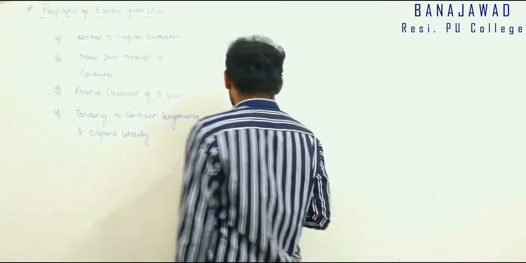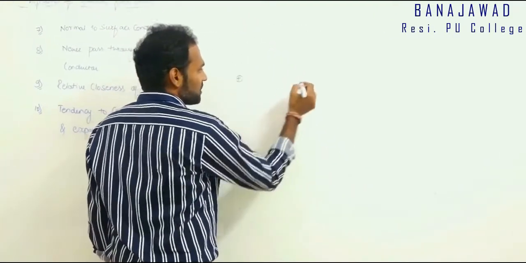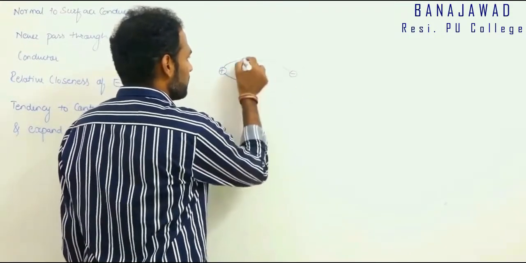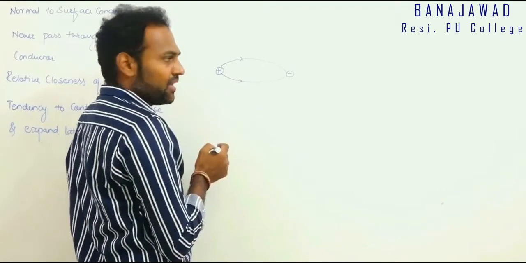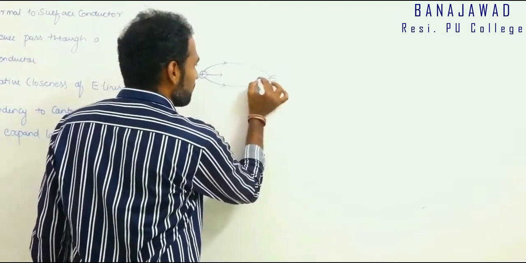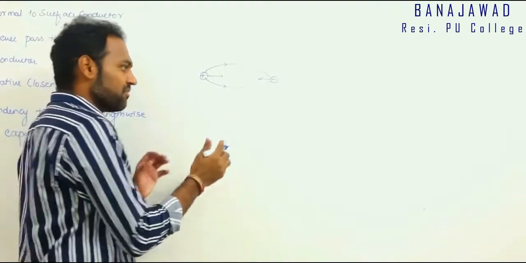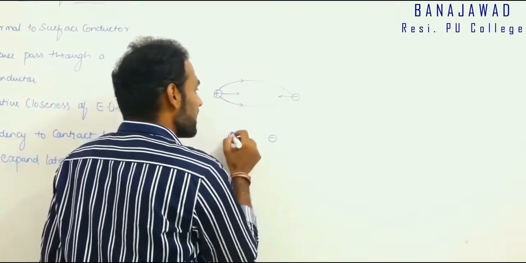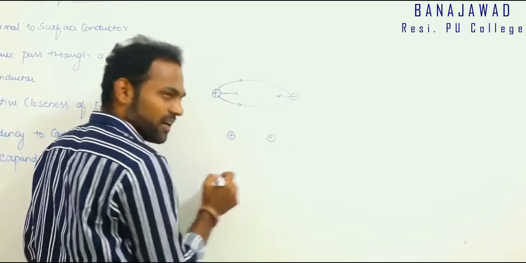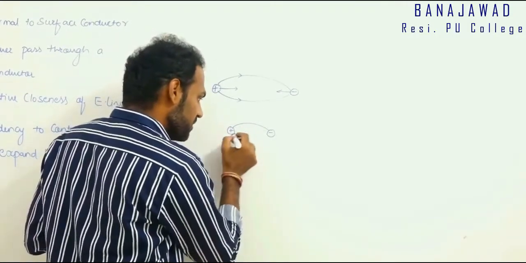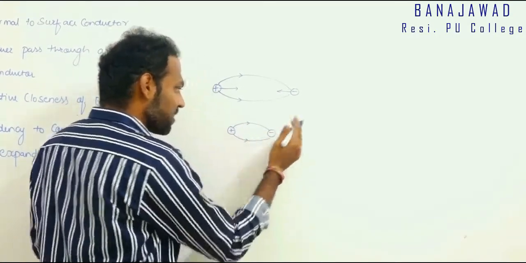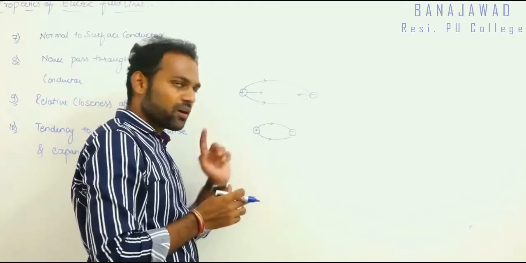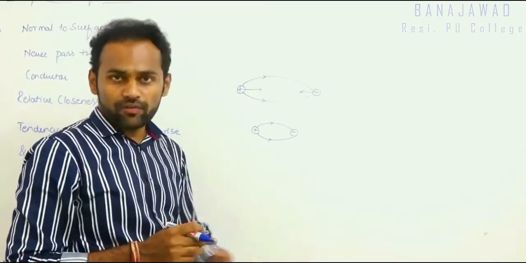See how it is possible. If this is a positive charge and if I keep a negative charge here, the electric field lines will be like this. They will start from positive, they will end at negative. There should be an attractive force between them. So, attractive force means they will start moving close to each other. These lines will not get folded like this. They will get contracted. The shape will remain same, but the length will get contracted. So the force of attraction is explained by the contracting property of the electric field lines.